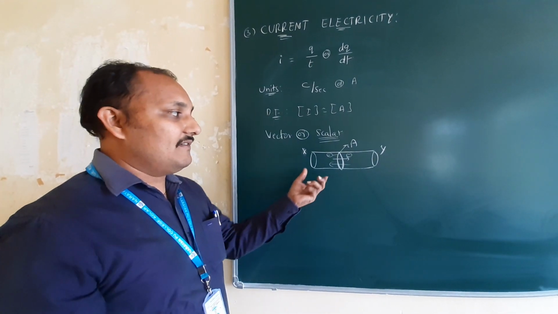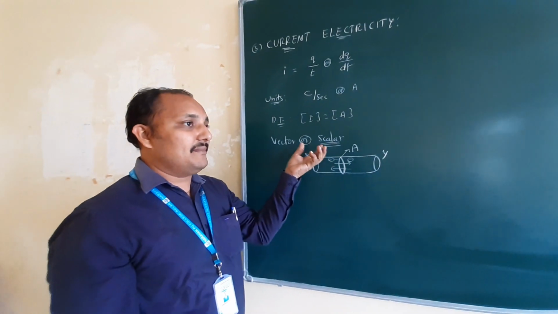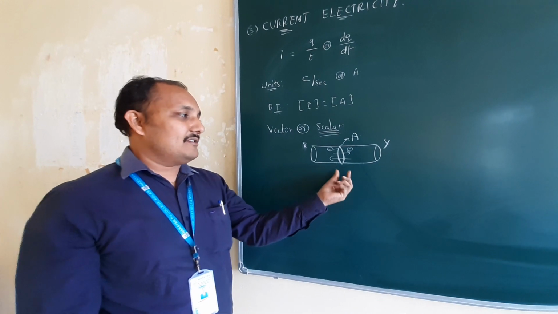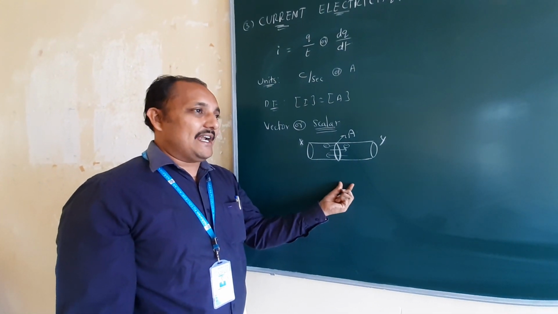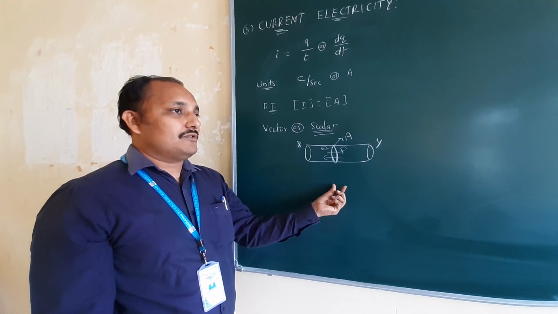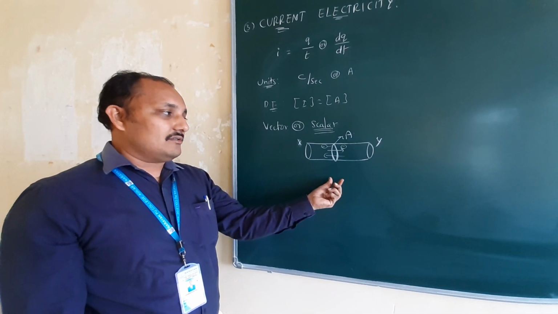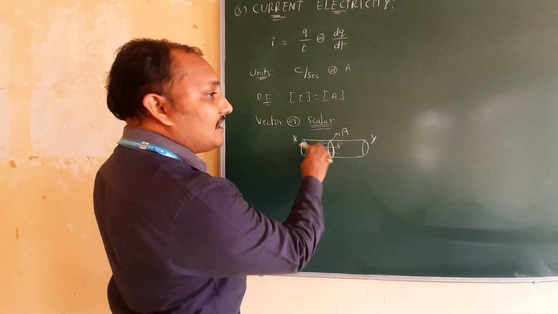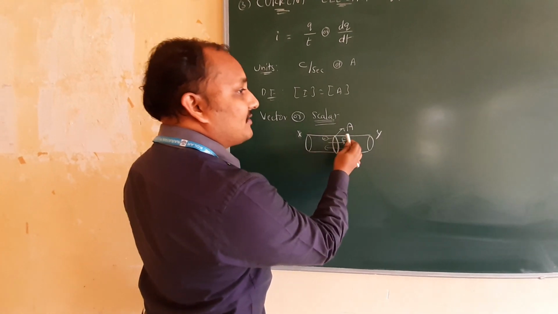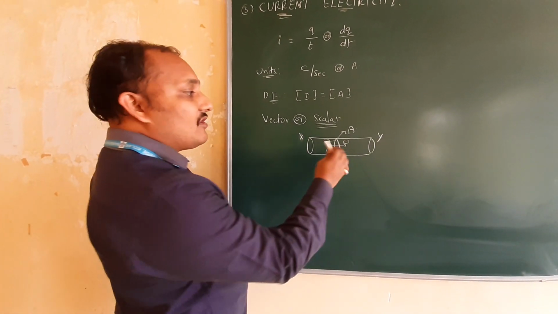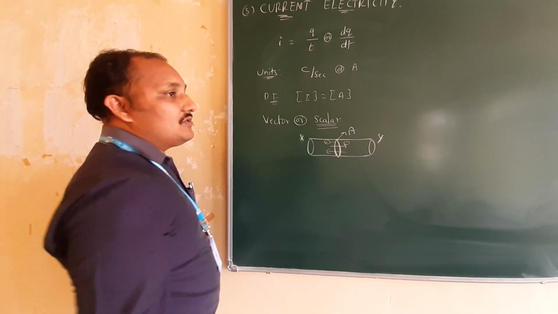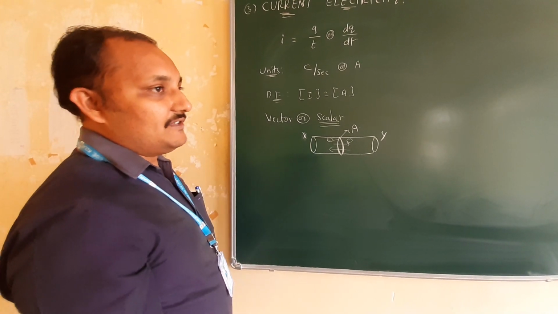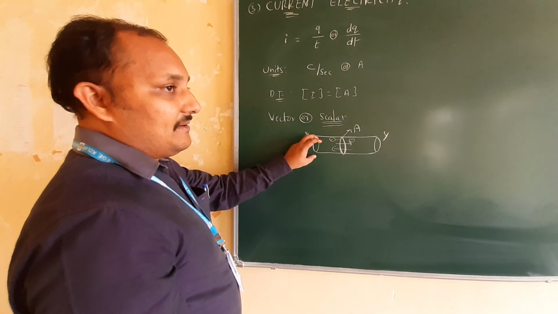You may get a doubt: flow of charge per unit time is nothing but current, even without connecting this conductor to an electrical appliance. Suppose we connect this conductor to a battery or any source, maybe an alternating source, to produce current within the conductor. Charges are flowing, but how many flow from right to left and left to right will be the same. You will get shock only if all the electrons are moving towards one end. We are going to discuss now how these electrons move generally in a conductor.